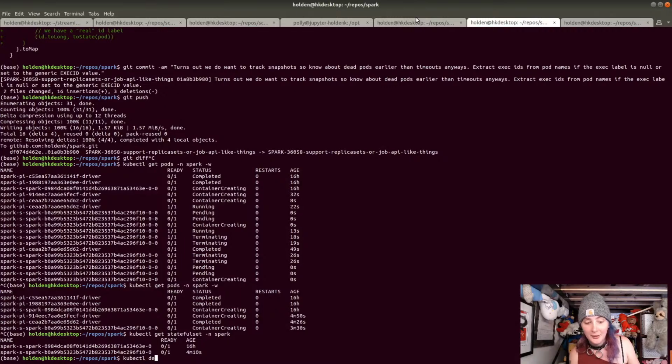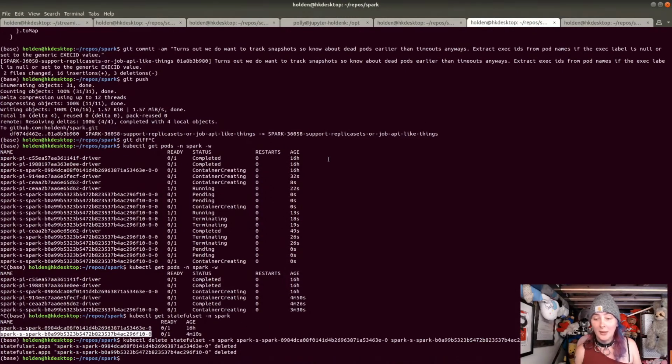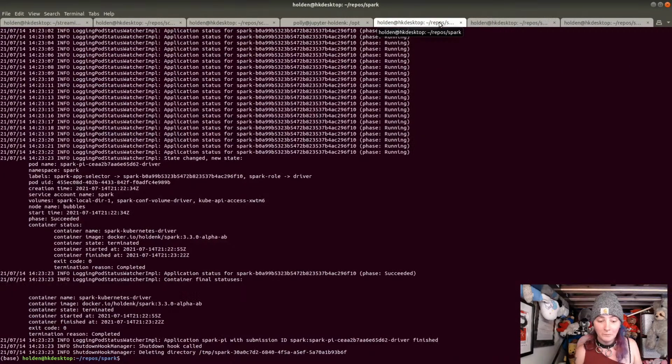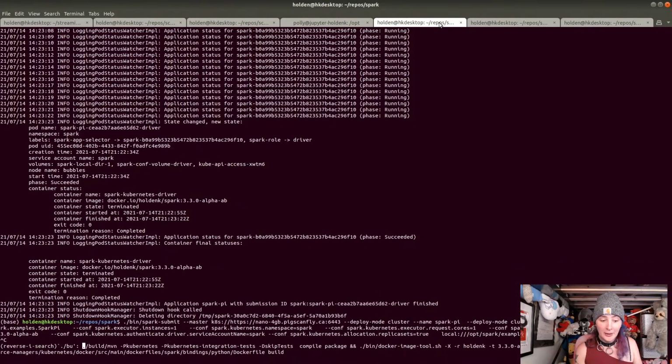Yeah, kubectl delete. Okay, so we also do need to make this clean up the stateful set. So that's another thing that we're gonna do. Yeah. Okay. That being said, for now, build